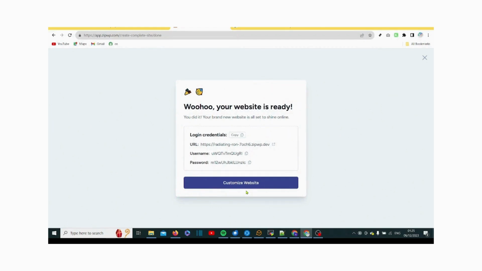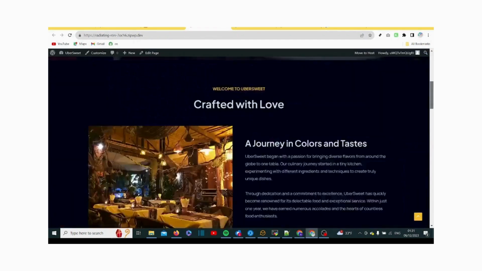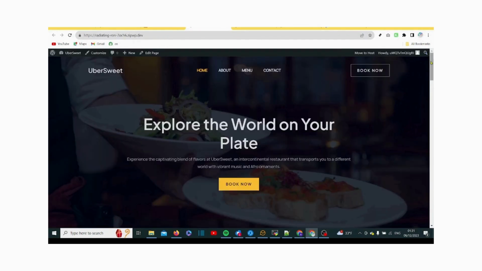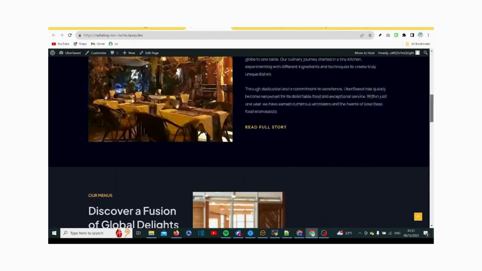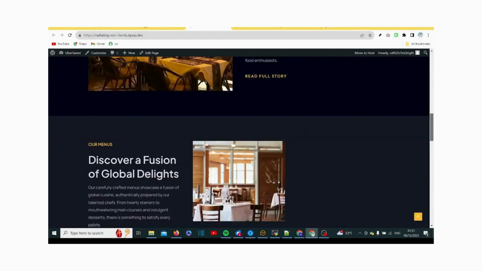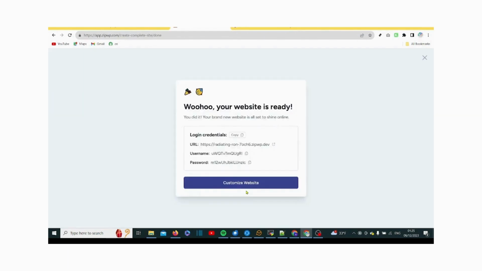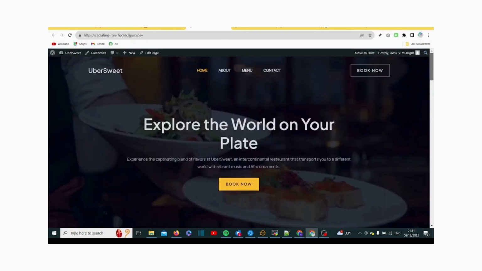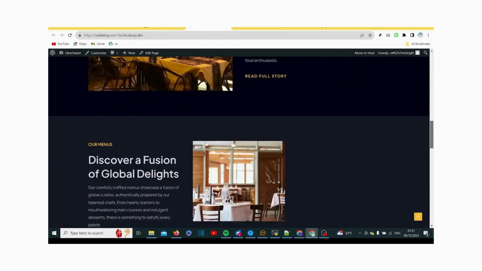At this stage, your website is ready, but this great website of yours is going to last for 24 hours. Let's do something to make it permanent. To keep the website for a long time, you either pay ZIPWP or you move your website to a web hosting company like Temstar.com. I repeat, you either pay ZIPWP or you move your website to a web hosting company such as